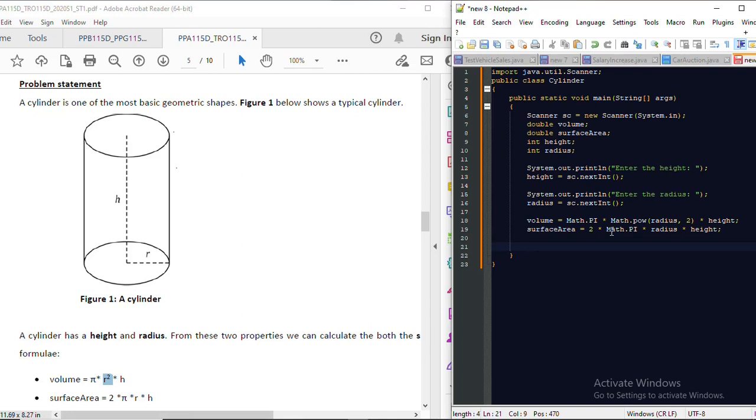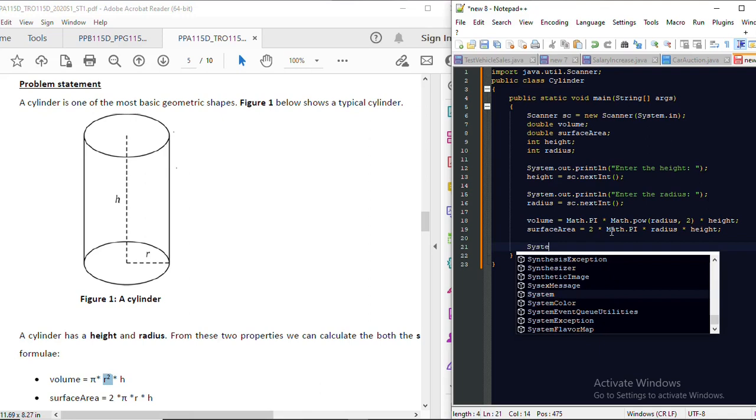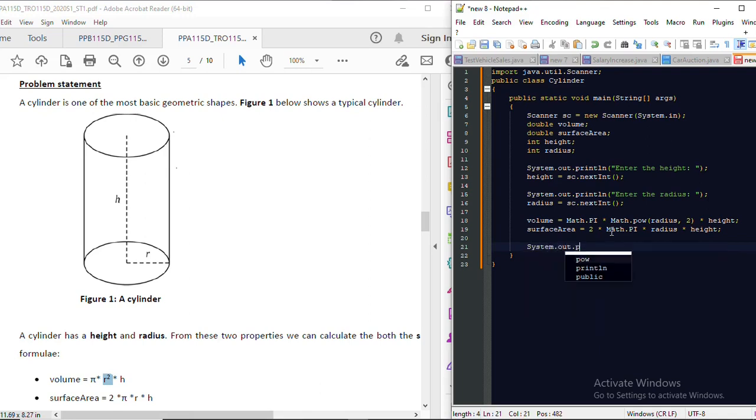So now how are we going to display? Still System.out.println. Then let's say the volume is, and then concatenate plus our volume. So then let's just write it on one line, right? Yeah, on one line. Plus,